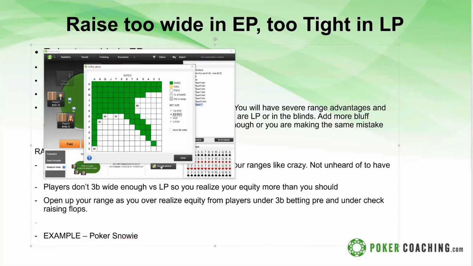Pre-flop advice. You can change its raise sizing. So half pot would be like 4.5. This would be a $7 raise. We'll just do like a 4.5, or I think this is going to be like $5, right around that, just under 5 for the half pot. And just look how wide this is. This is probably pretty close to a 50% range.